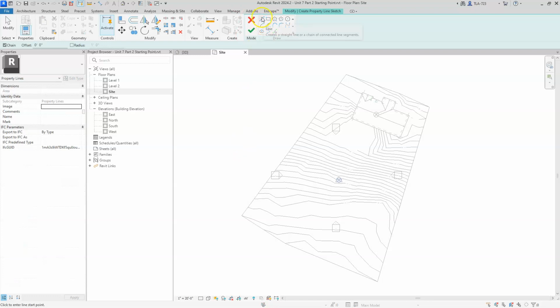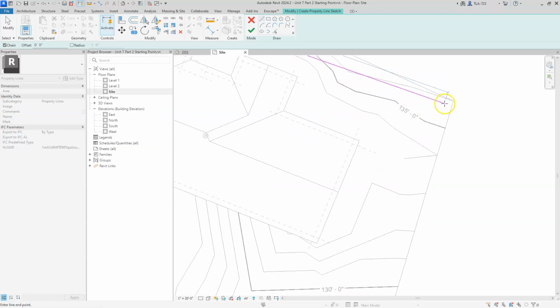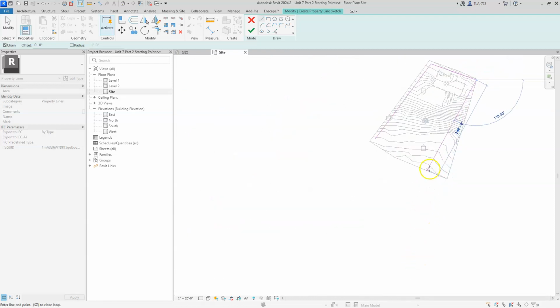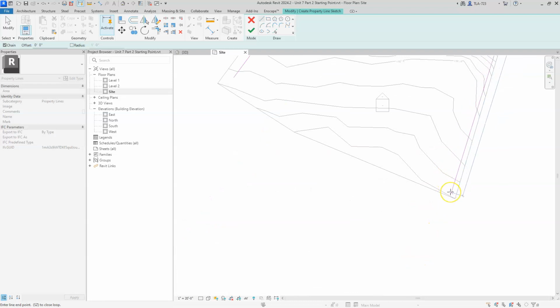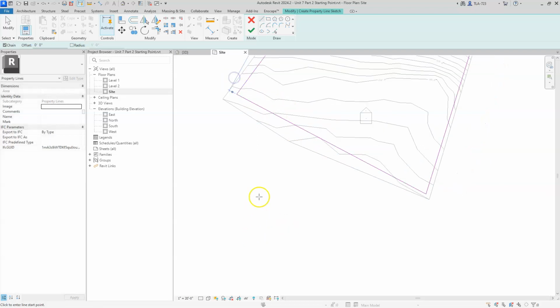All right, and I am just going to use the line tool for this, and I'm going to have chain selected here because I want it to continue. I don't want to have to keep clicking the tool. Now I'm going to say my property line is going to start right here, right inside the topo boundary. I'm going to say it's going to come up to about right here, and I'll zoom in on this next point. I'm going to say it hits right this point right here, comes back down. Maybe we'll kind of run it really close to the corner, and then the fourth side is just going to come right across here. So now it's